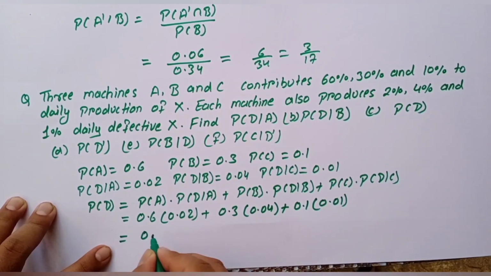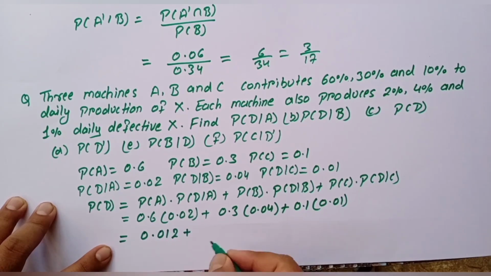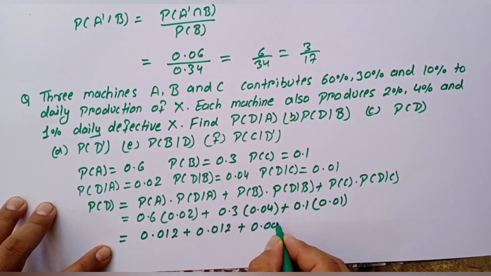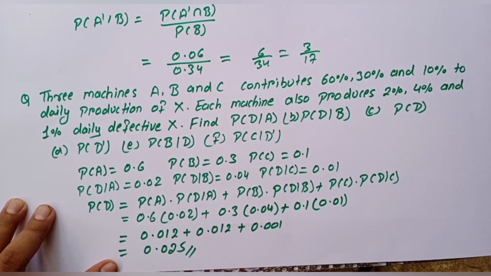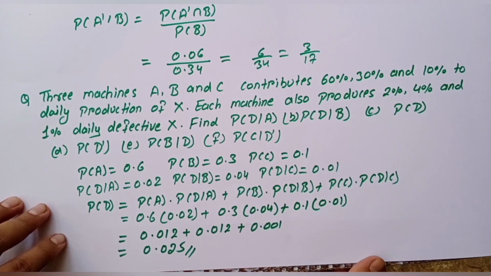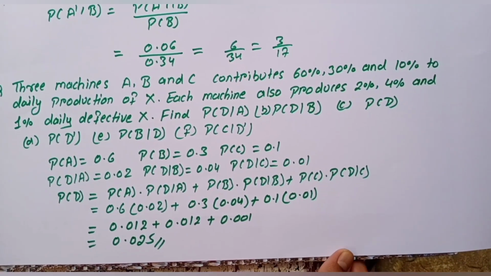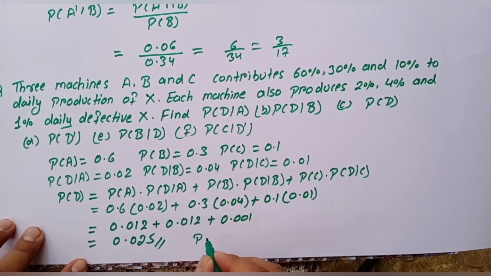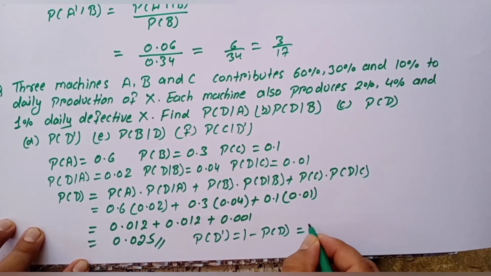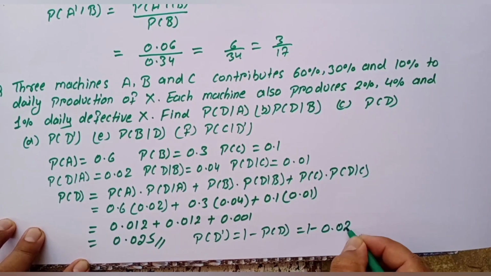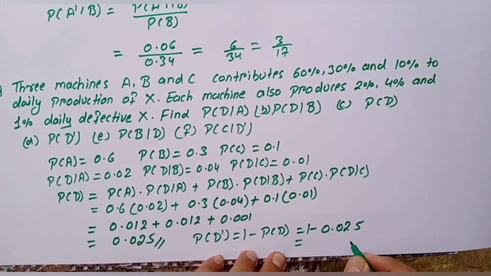Now this is 0.012 plus 0.012 plus 0.001, that is 0.025. So the probability of defect is 0.025. Now probability of D complement is 1 minus probability of D, which is 1 minus 0.025, that is